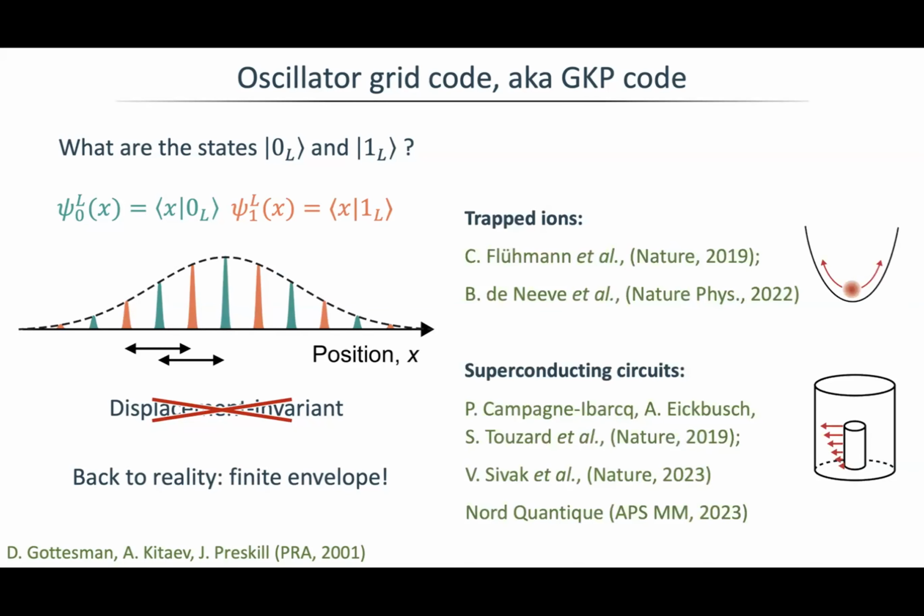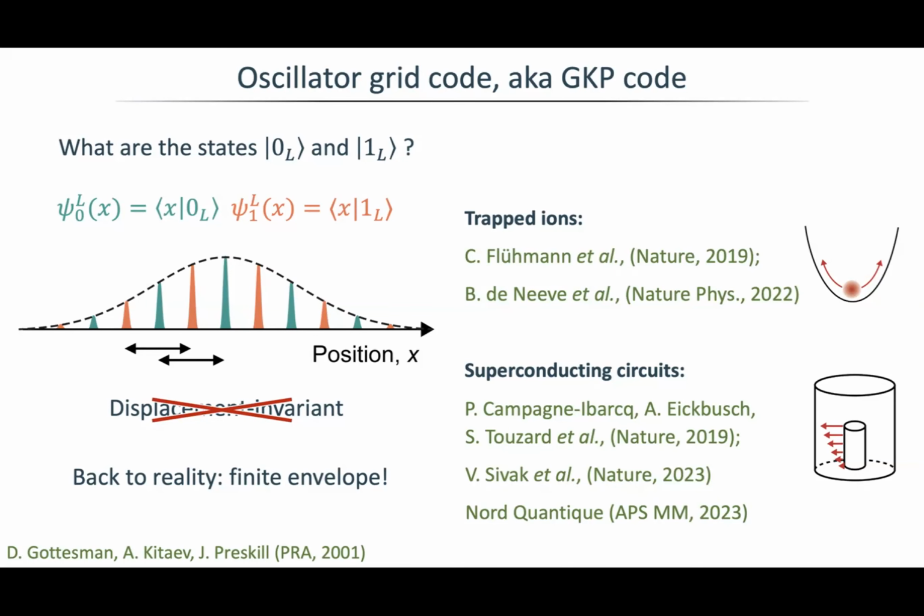So for the first time, they were prepared in a trapped-ion system, where the role of this oscillator is taken by a mechanical motion of the trapped ion. Autonomous error correction of these states was also shown in trapped ions, and we'll have a talk later in this workshop about this result. And in superconducting circuits,